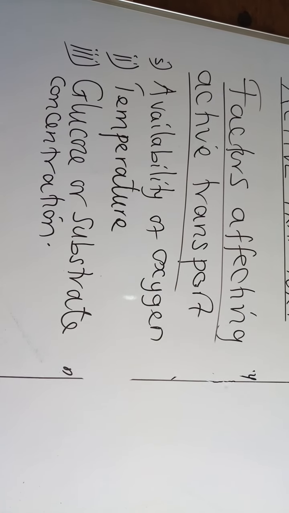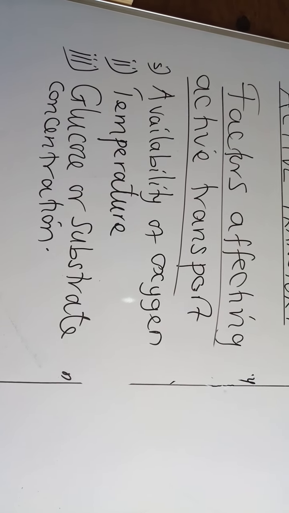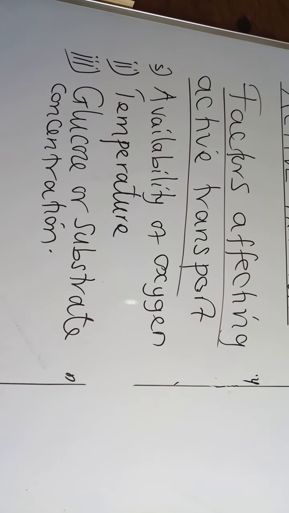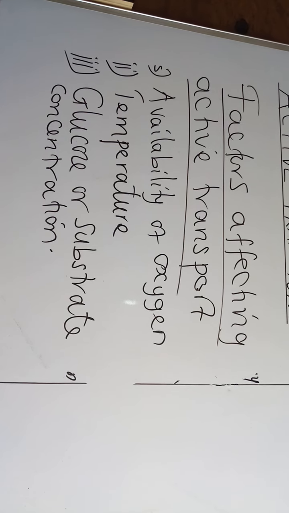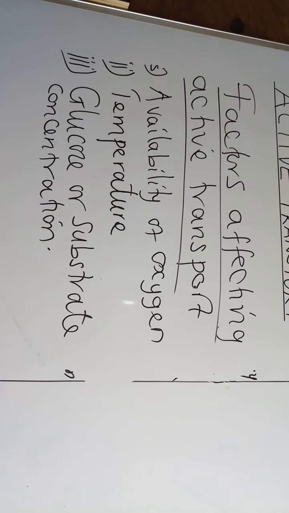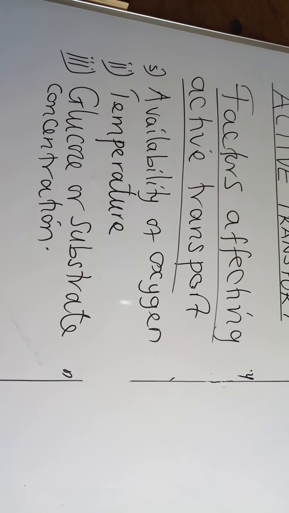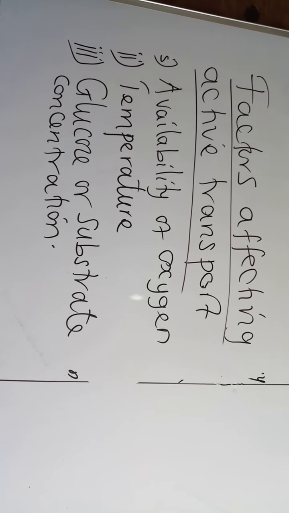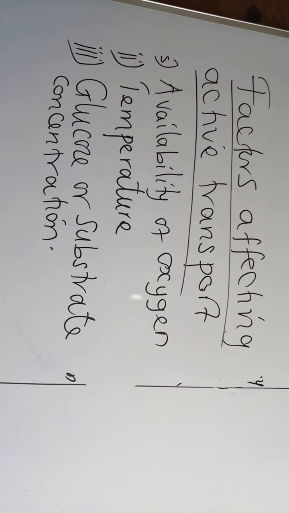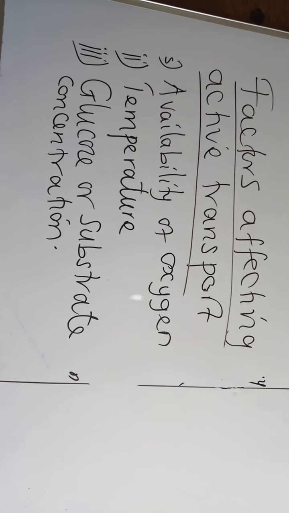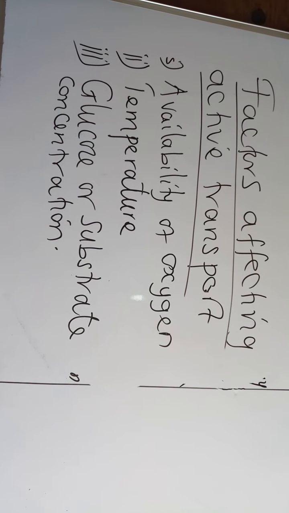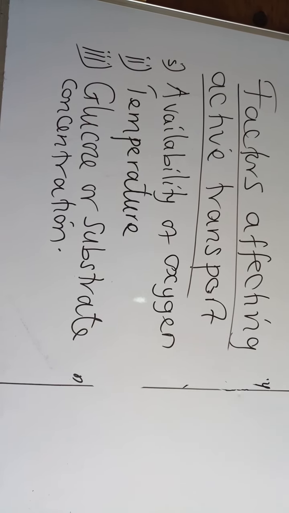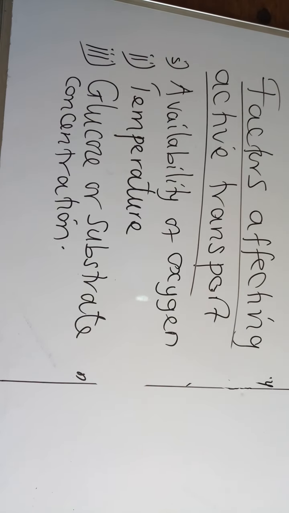A substrate is a substance that is normally broken down in the process of respiration to produce energy. Some of the respiratory substrates are glucose, amino acids, and fatty acids. So, in the presence of a lot of glucose, or high substrate concentration, the rate of active transport is fast. The reason is that at high glucose concentration,